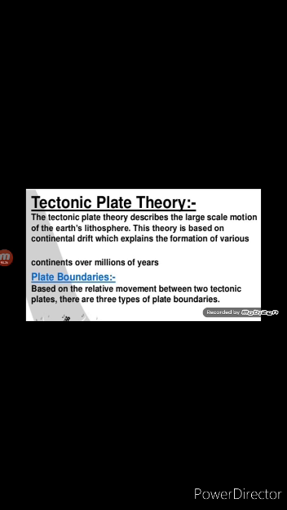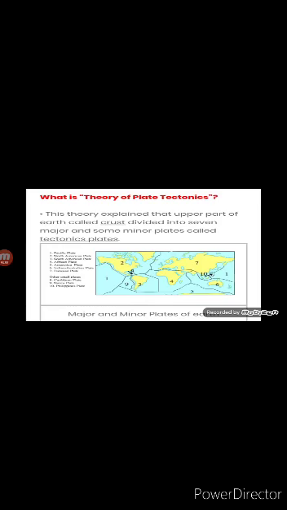Earthquakes, volcanic activities, mountain building, and oceanic trench formation occur along these plate boundaries. Children, once again, listen to the theory of plate tectonics very carefully and try to understand.